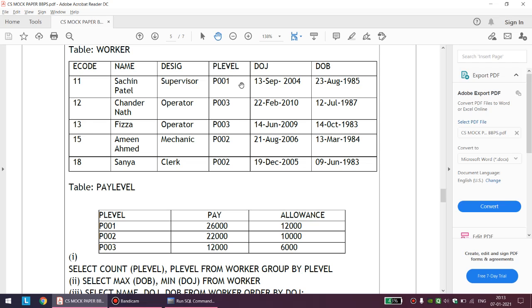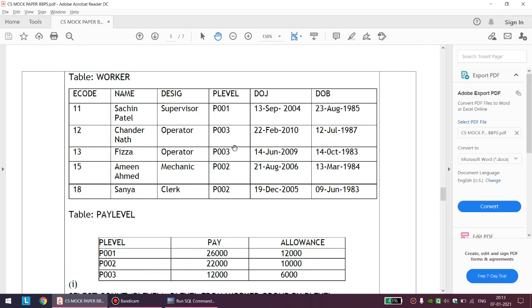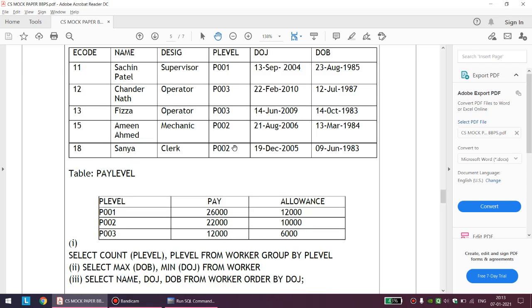Okay, so first of all, see, there are normal tricks for such kind of output prediction question, and generally you need not have any concrete knowledge of SQL for doing the same. Okay, so let us see. Select count of P level. Now, what is the count of P level? What is the use of this count? You have to go through the video of aggregate functions that I recorded long back at the beginning of the lockdown. Count is one of the aggregate functions which will obviously count the occurrences.